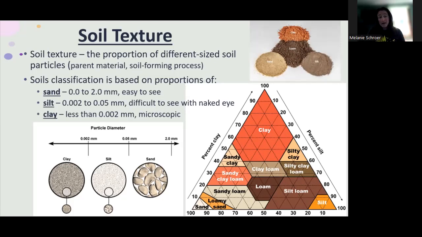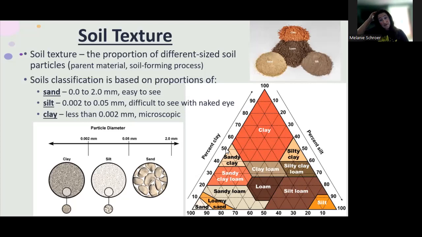In order to classify a soil based on its texture, we have a series of tests which you in the lecture or at home are going to do. And so that test ultimately uses this triangle made by the USGS, which we use to map out how much clay. So, for example, if your soil has